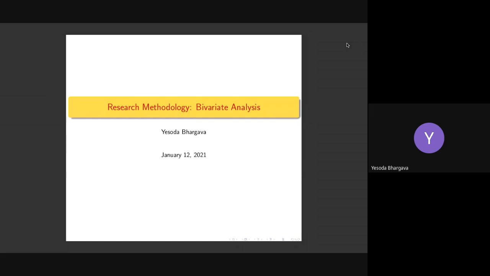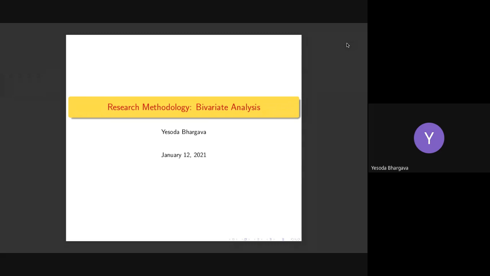Going forward from descriptive statistics, we invariably move towards inferential statistics, wherein we are not only interested in how one variable is behaving, but also how it is correlated or associated with certain other variables. When we are picking up two variables at a time and trying to understand the relationship between them, we do a bivariate analysis. When we are trying to understand the relationship of one variable with multiple other variables, two or more, then we go for a more complex analysis known as regression analysis.